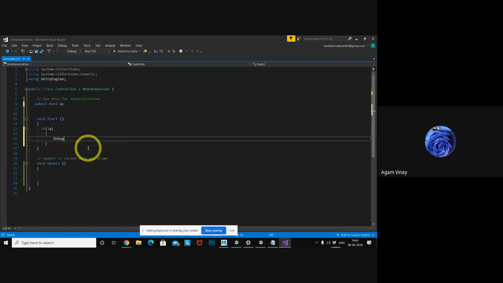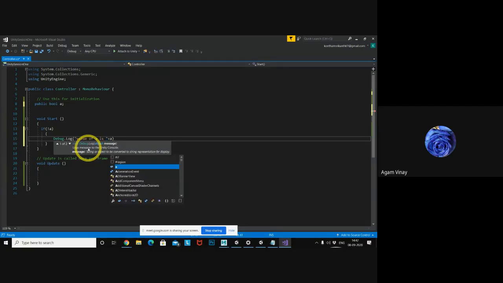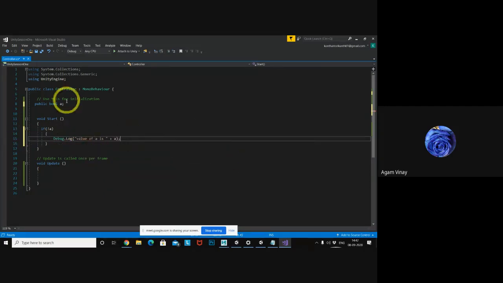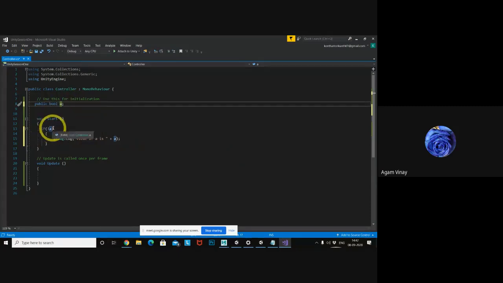So what I will do is Debug.Log, I want to print something: value of a is something. By default, what is the boolean value? False. So I am checking if false is true, this condition will be true, and it will enter into this.